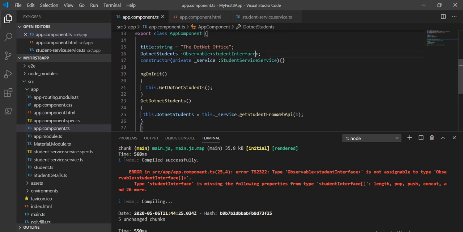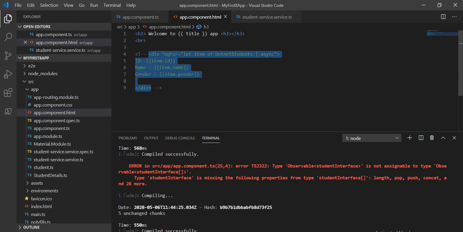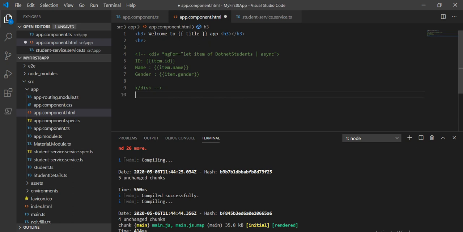Now the next thing is in the HTML file, because now we are making the loop. Now we have to remove the loop and take it as a condition. So let's comment it. Control K C is for commenting. And now next, we have to make the if condition here. For making the if condition, we will take a div, and inside this div I will use *ngIf,